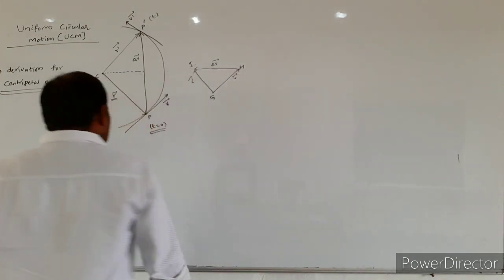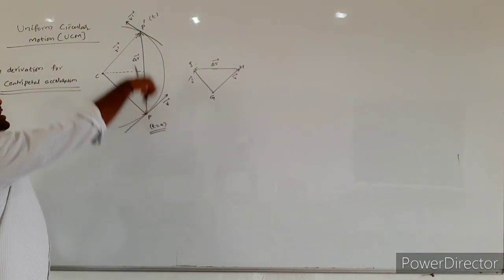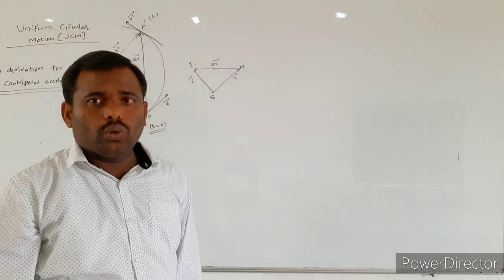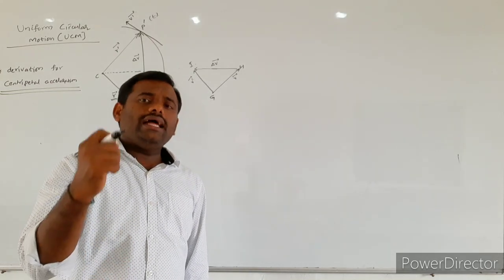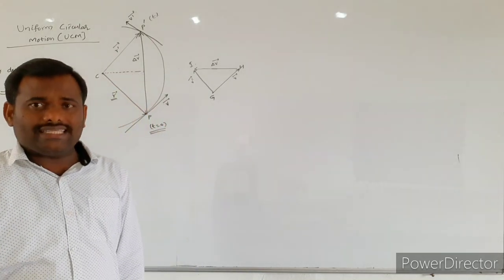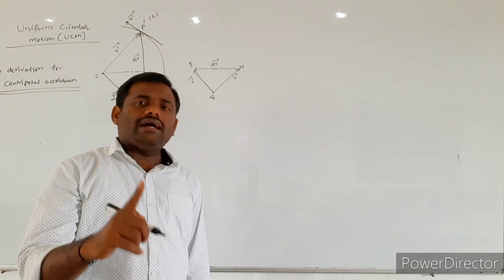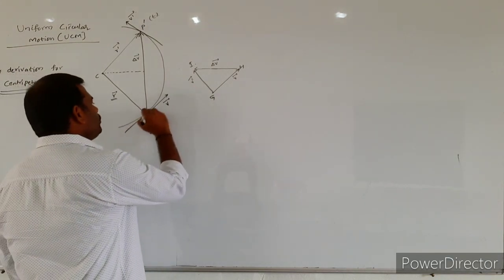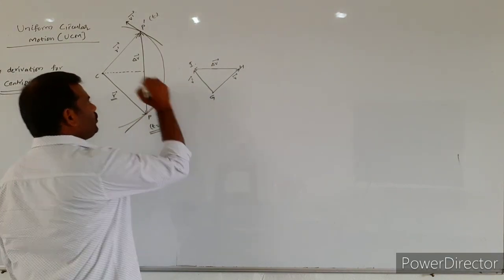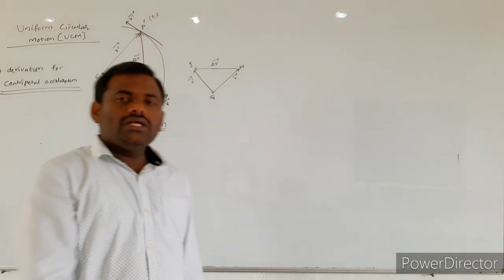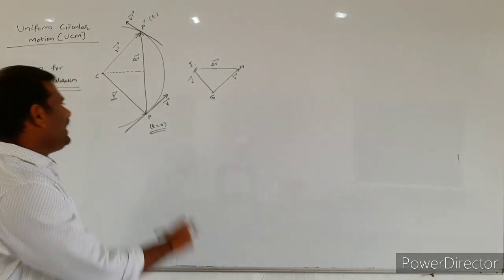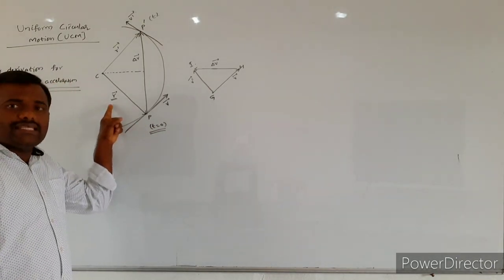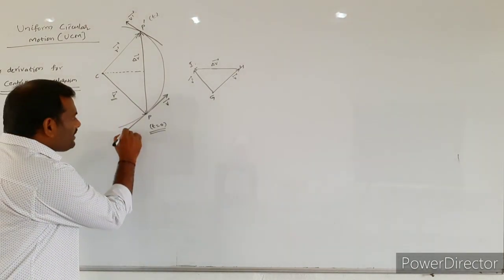Next, if a particle is revolving in a circular path, how can we know the direction of its velocity at the given point? To know the direction of a given particle at a given point, you must draw a tangent at that respective point. So here we consider 2 points. One point is P, another one is P dash. At the point P, the radius vector is r bar. Now I draw the tangent.